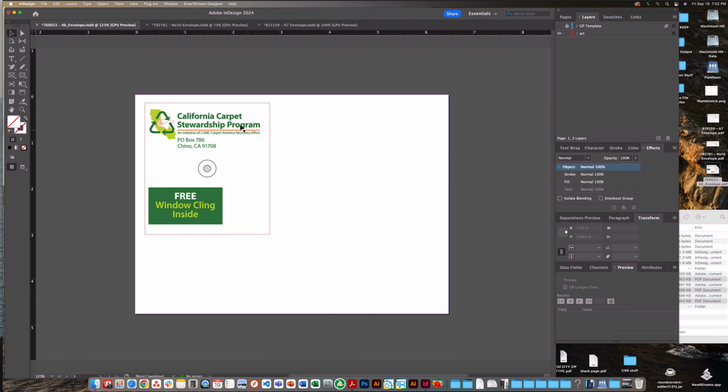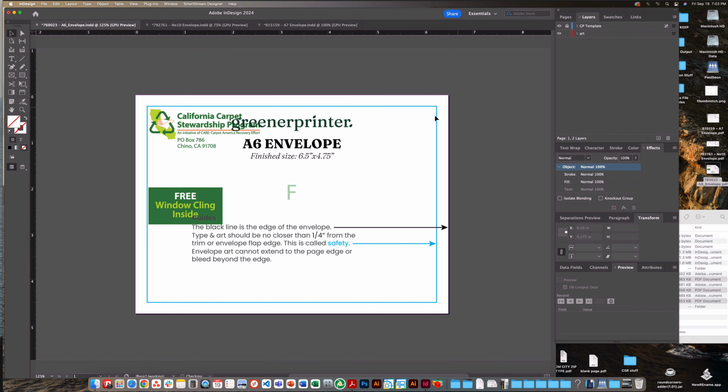Now, for envelopes, try not to put so much ink coverage on it. They don't print as well as regular presses. You want to make sure you keep it to a logo, an address, some writing, a small image like this size or so. You don't want to try and print a huge image that is still within the safety margin because there's no bleed. You can't put anything at all, not background, not anything, past this safety margin, because